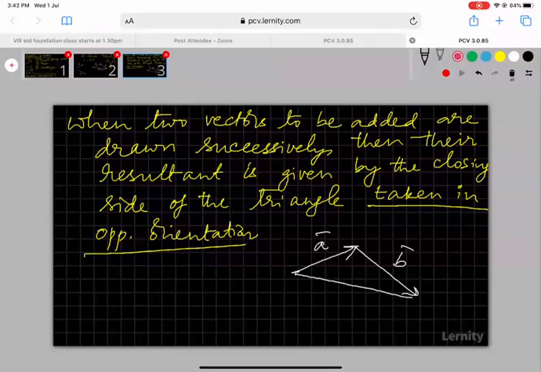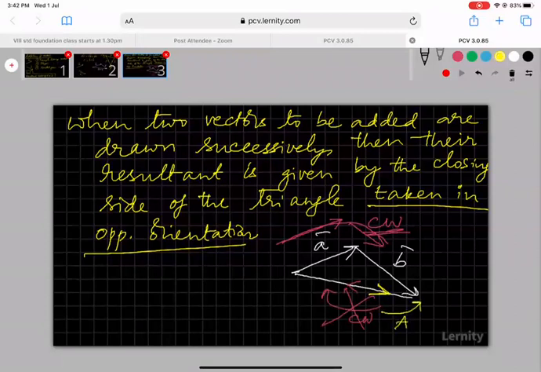You see A bar and B bar. A bar is this way and B bar is this way. So they kind of form a clockwise direction, is it not? The direction put on the third line, the closing side of the triangle, should be such that it is opposite the given orientation. So if this is clockwise, the arrowhead here should point anti-clockwise. If I put an arrowhead this way, this will again mean clockwise only, but that is not the direction. So that is why we put it this way, so that it means anti-clockwise direction.